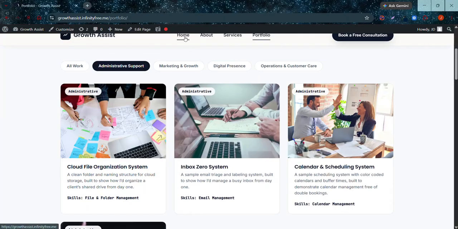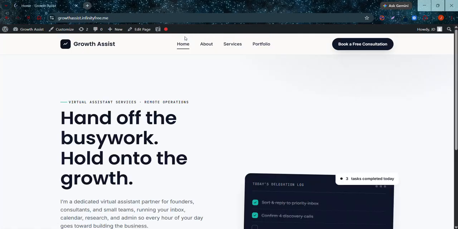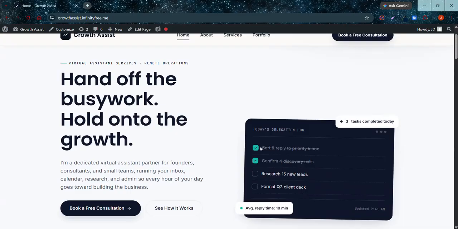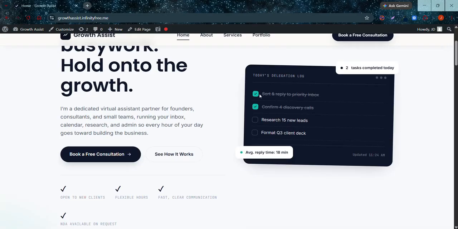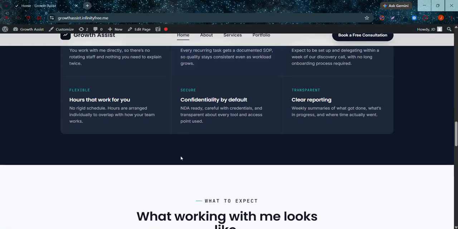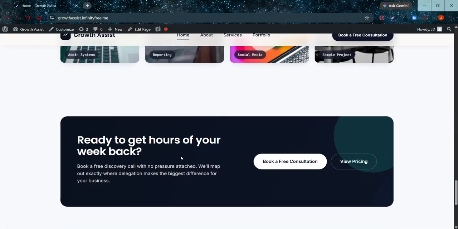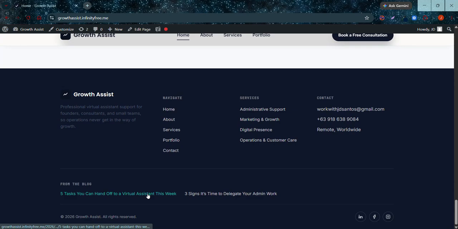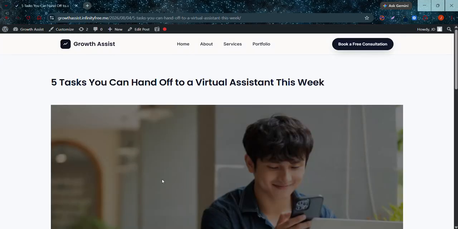And also the favorite part of my website that I would like to share is this interactive checklist. It creates an action when you click on the checkbox, and all other elements that are part of my website. So to continue, these are the posts that are part of my website.